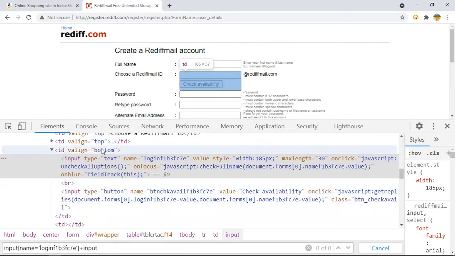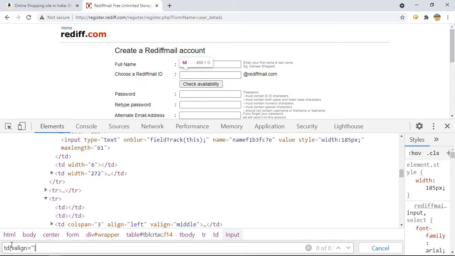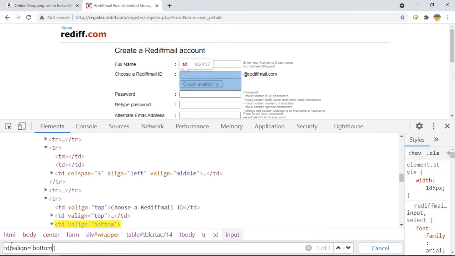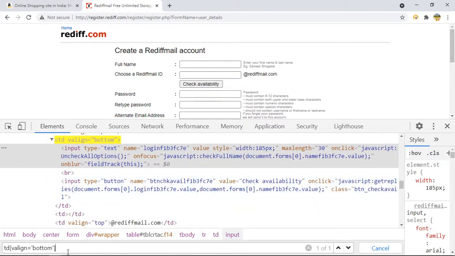Input tag. If I do it this way, td where line equals to bottom, td, so now we are here, right? And suppose if I say input,